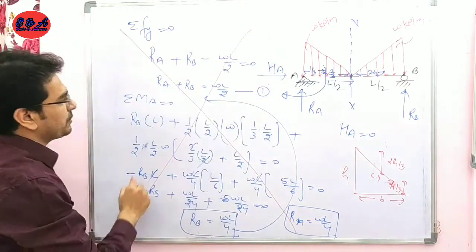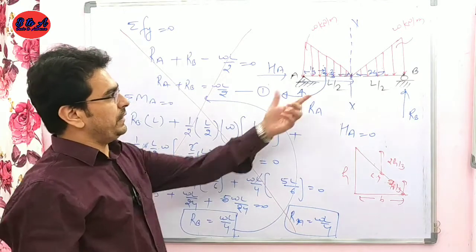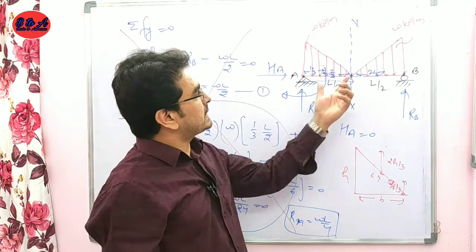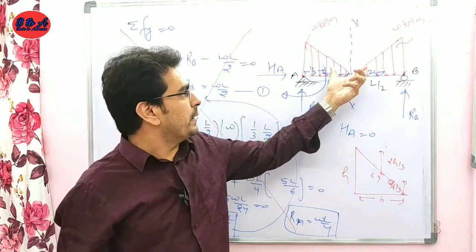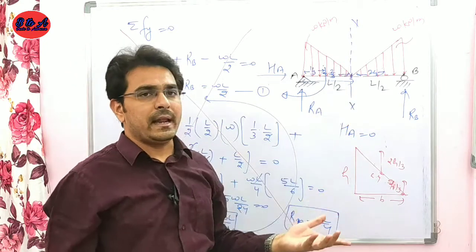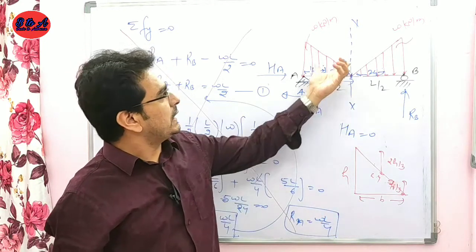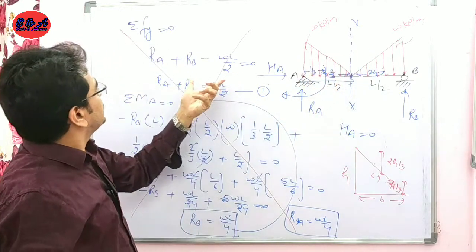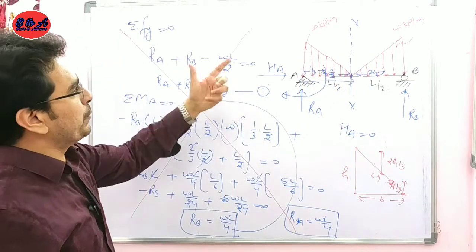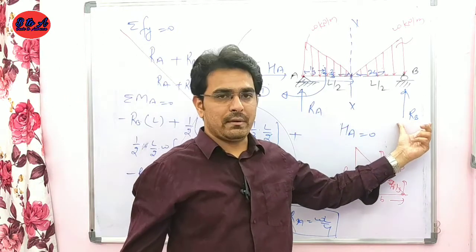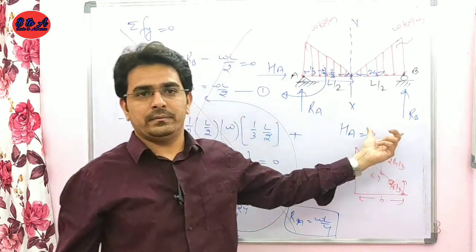इस calculation की जरूरत नहीं है अगर we know the basic concept, that is, if the load is symmetrically distributed over the beam, then there is no need of this calculation. We can directly get the reactions after calculating the total load. In this case, the total load is equal to WL by 2. So the reaction at this point is equal to WL by 4 and the WL by 4 at this point. Got it? This is the end of this video.